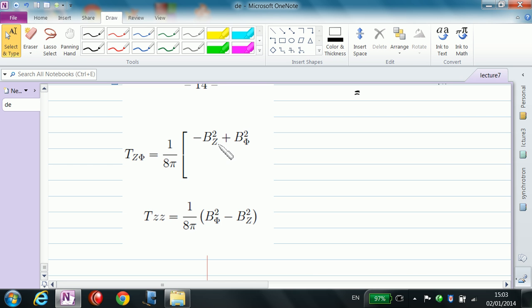This is shear force. Off diagonal terms in T are shear force, but this is momentum flow along Z, and you can see that